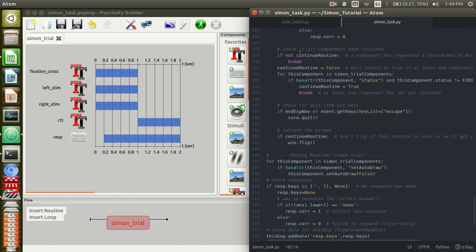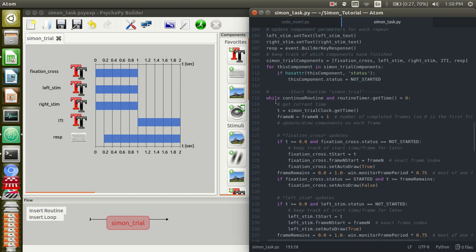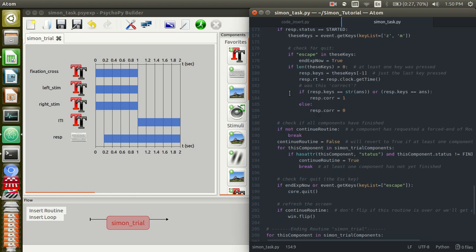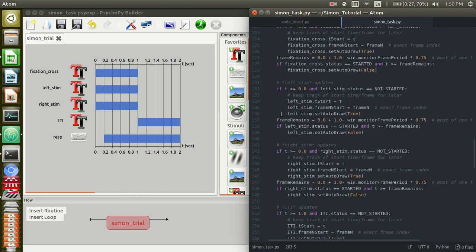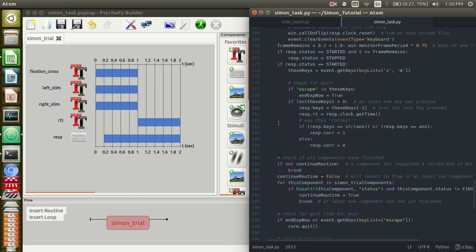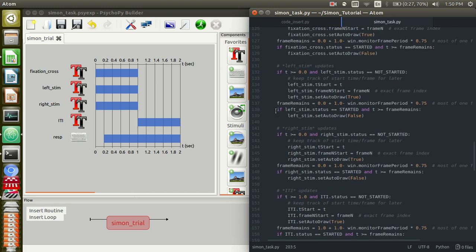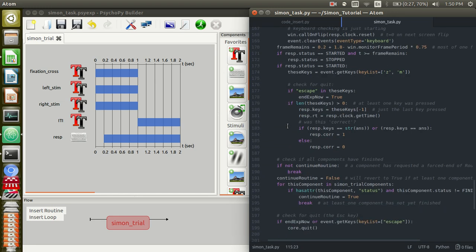And then we'll do some checking to make sure whether or not we should continue the trial or not. So essentially what Python will be doing with this while loop is iterating through the code that starts here and finishes here as fast as it can. So it'll keep going through all this code over and over again as quickly as it can until one of the conditions in the while becomes false. Since this will probably always be greater than 0, we're going to wait for continue routine to turn false, and that will turn false